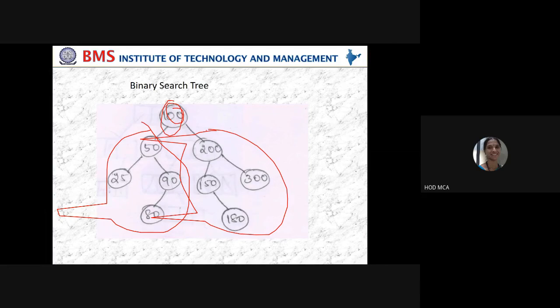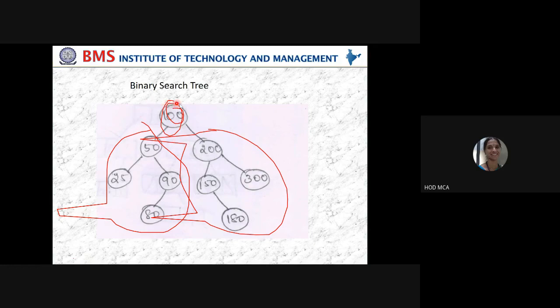Now what is the difference in a binary search tree? The entire left subtree will have elements less than the root node, and the entire right subtree will have elements greater than the root node.